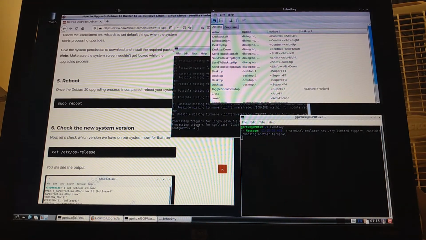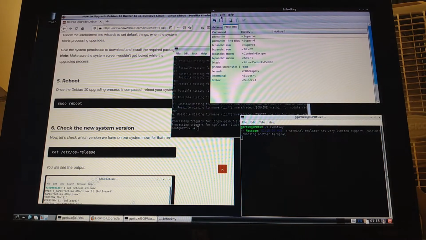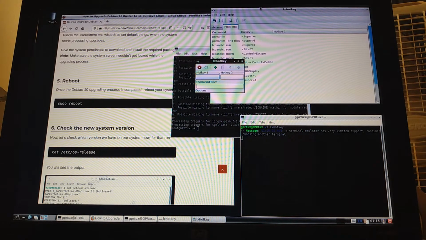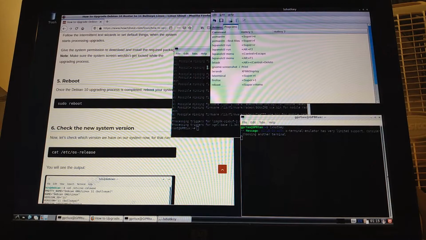let's go back into LX Hotkey. And how about super and... nah, that's not gonna work. Super and home. So now, super home.